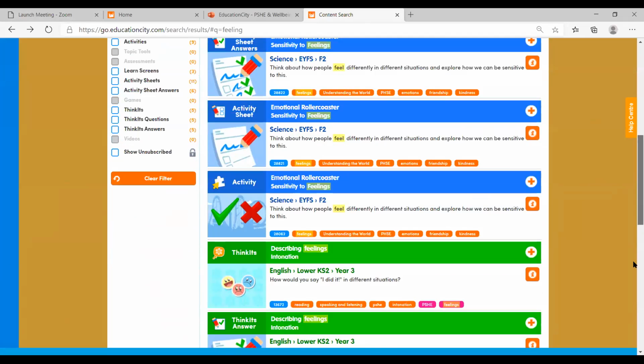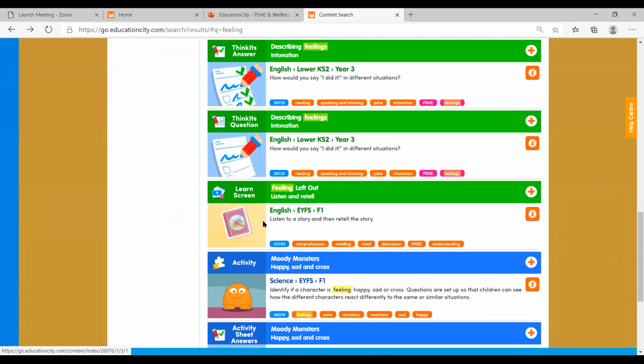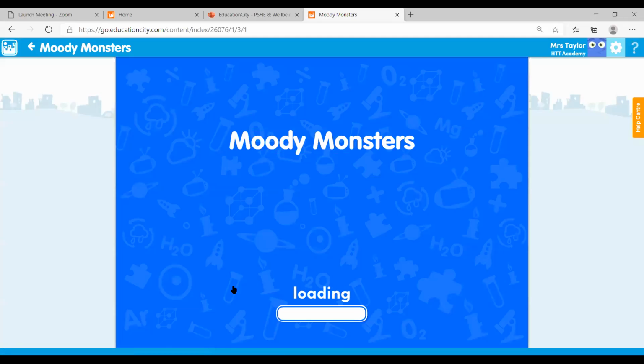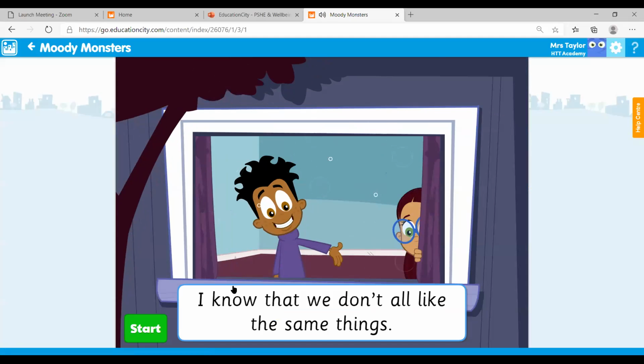And just to show you, there's this one here, which is a lovely one. It's a reading, looking at feeling left out. Why would somebody feel left out in a certain situation? Now, feel free to explore different year groups that maybe aren't associated with your year group. Things such as the Moody Monsters, which is actually an F2